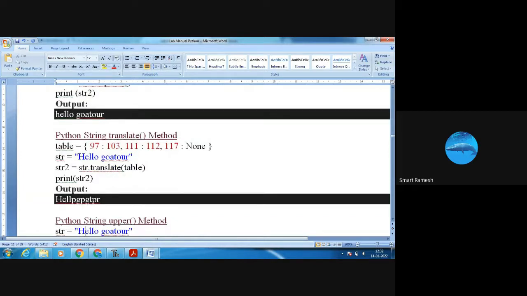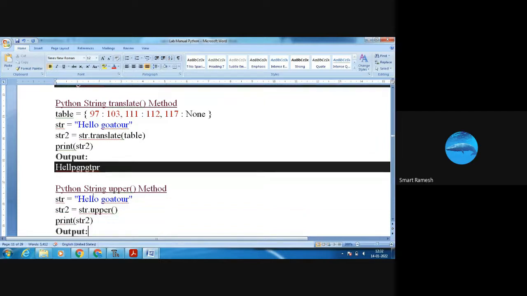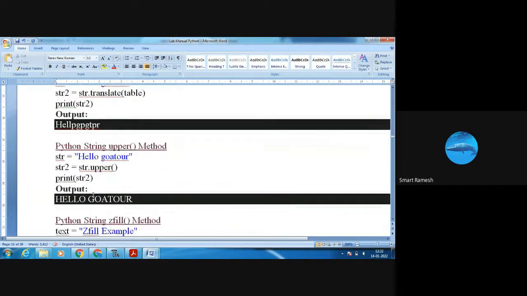See here, str.translate of table. See the output. Next, the upper method. The upper method is used to convert all the characters of the string into uppercase. See the output: "Hello, Goa tour" is everything in small case, but it is converted into uppercase.